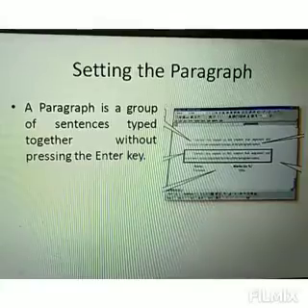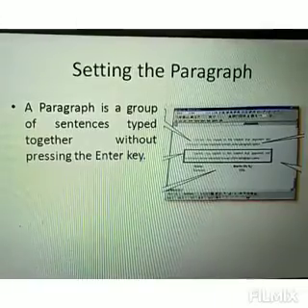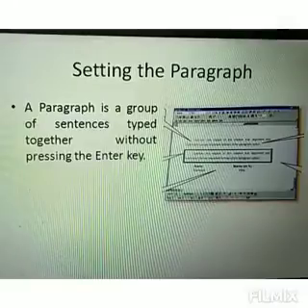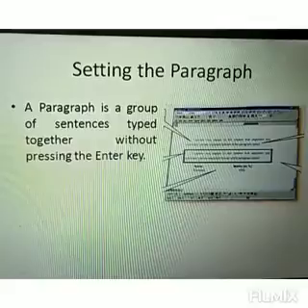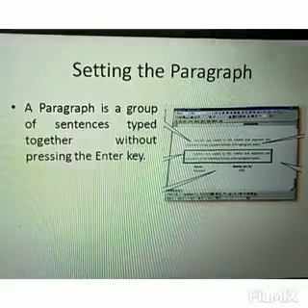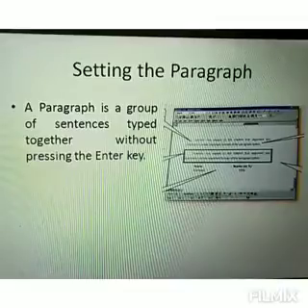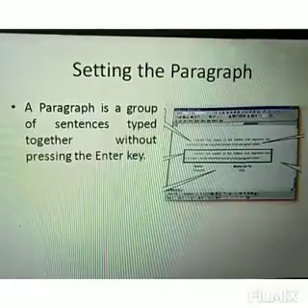The different formats we can apply to a paragraph: indentation is the distance of the typed text from the margin. Border is the outline given to the text. Tabs are used to give extra space between text by pressing the tab key, line spacing is the space between each line of the paragraph, and alignment is the position of the text or picture on the page.